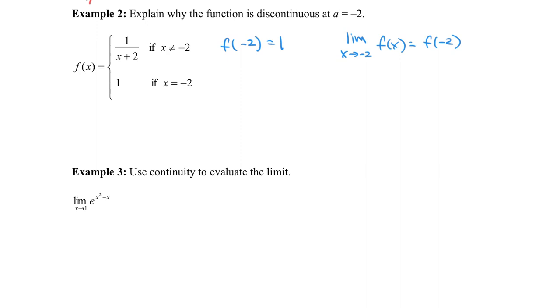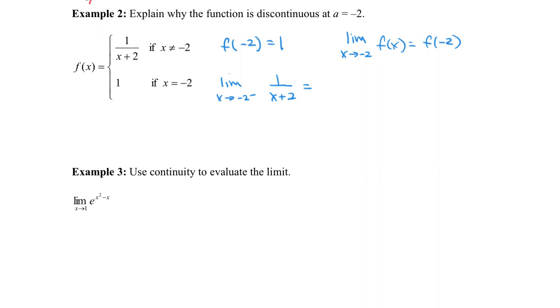So this one we're going to have to approach -2 from each side, because we can see that this part of the function has a problem at -2 when we take the limit: we get division by 0 here. So let's take a look. If I take the limit as x approaches -2 from the left of this function,